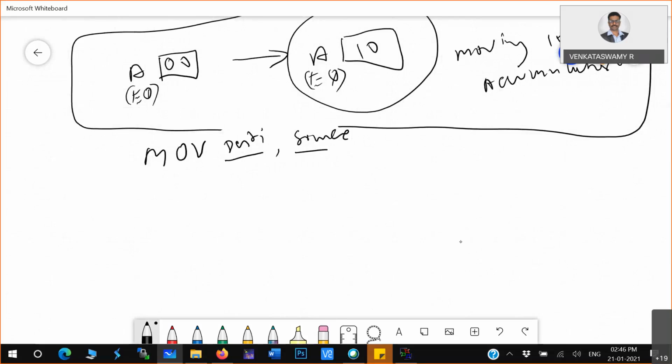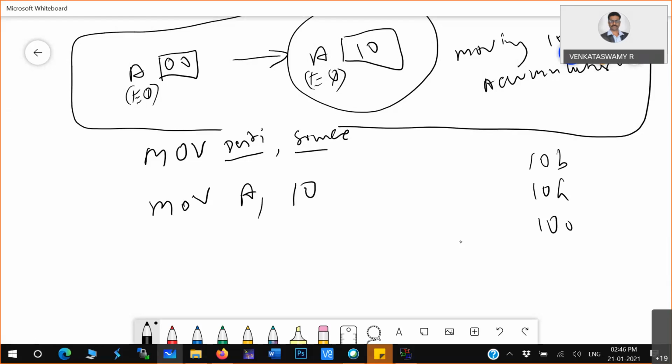For example, I'm just constructing one instruction. Move, destination is accumulator A, and what is the source? You want to move data 10. I told you that in a microcontroller 10 binary is different, 10 hexadecimal is different, 10 octal is different.